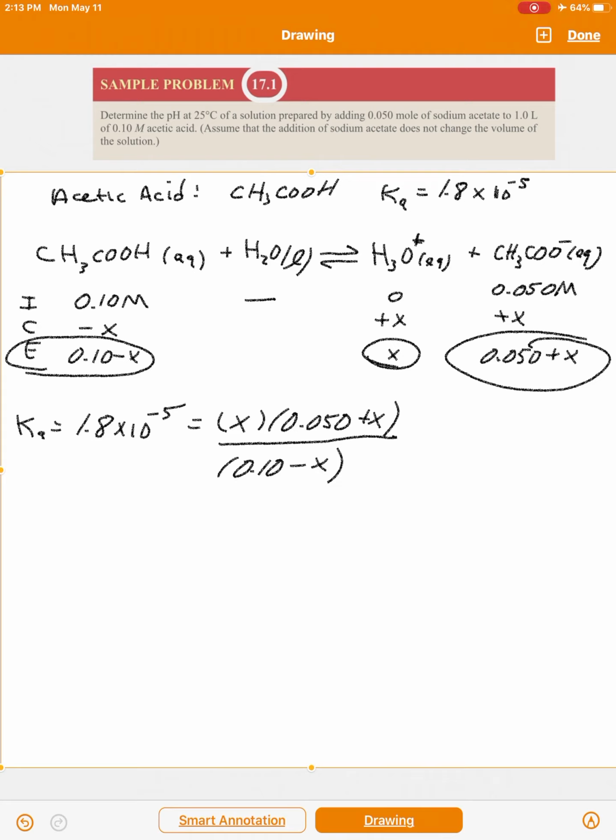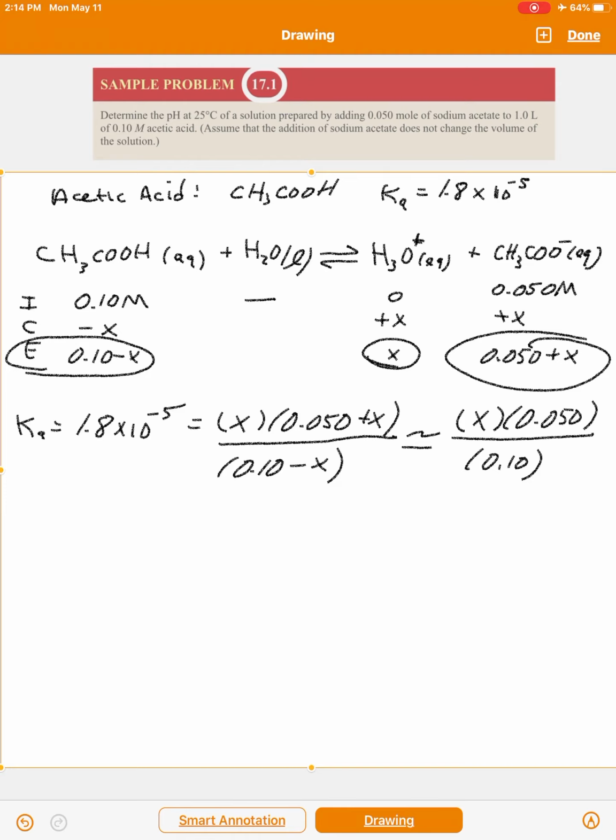We're trying to find the pH, right? But again, this is a weak acid. And 0.10 or 0.05, those are pretty big numbers compared to 1.8 times 10 to the minus 5. So let's go ahead and simplify like we have. 0.05 plus x would be 0.05, and 0.10 minus x would be 0.10. Turns out it's a pretty good assumption for this problem because those initial concentrations are so large relative to the value of Ka, it's definitely going to be all right. So now we're going to solve